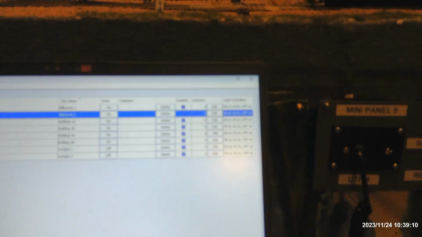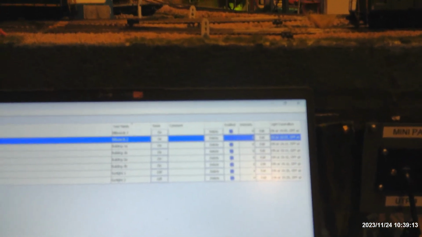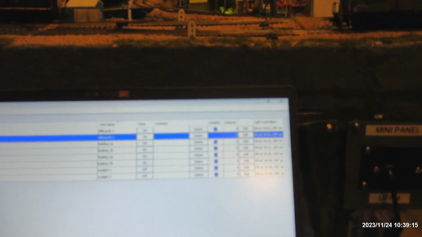And now that these are all working, I'm going to now work on those push buttons, get them working, and then I'm going to start cleaning some track and getting the trains running. I did a little track cleaning, but haven't gotten all of it done. So we got probably like 30 seconds to go,